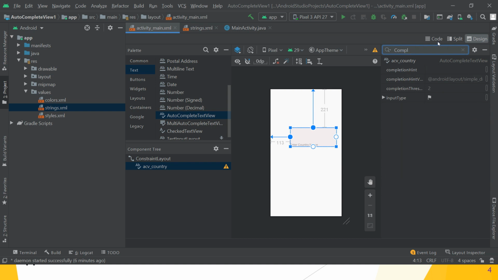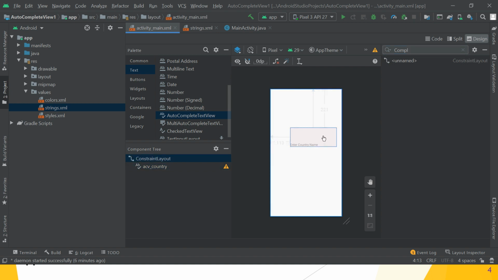By default its assigned value is 2. That means when you enter a minimum of 2 characters, your drop down list pops up in the autocomplete text view. So the completion threshold property is most important. We want to leave it as it is.